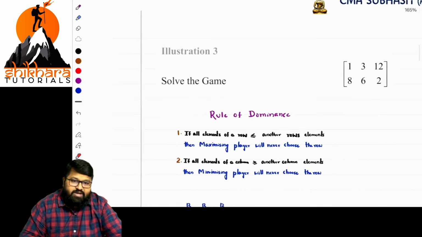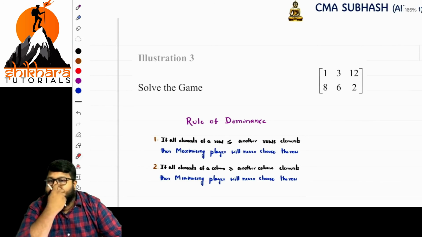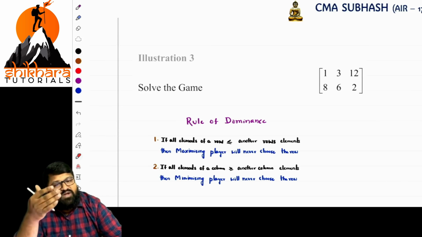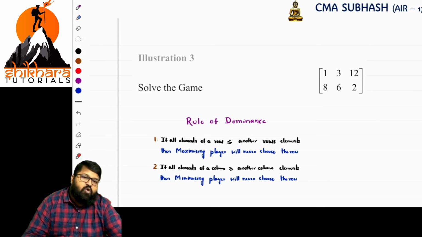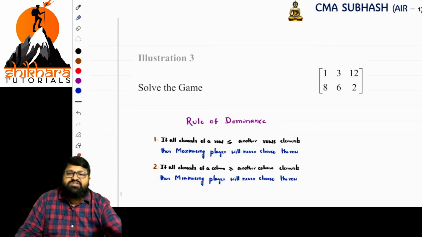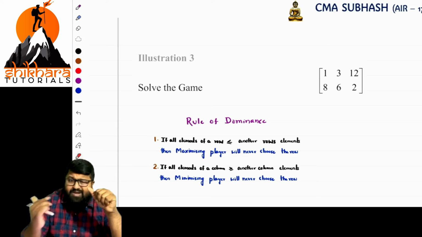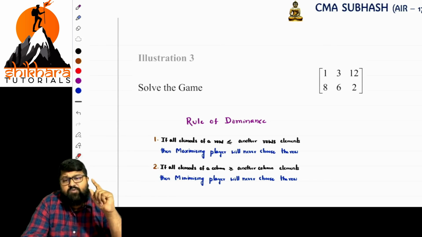Am I clear? Okay. Then of those values, identify the least value, that is, from the maximum values I identify the minimum value. If these two are equal, we are reaching a saddle point. If we are not reaching it, go with the mixed strategy. In mixed strategy, we have 3 methods. Odds method, also known as the arithmetic method, and what more? Rule of dominance, and the third one, graph method.